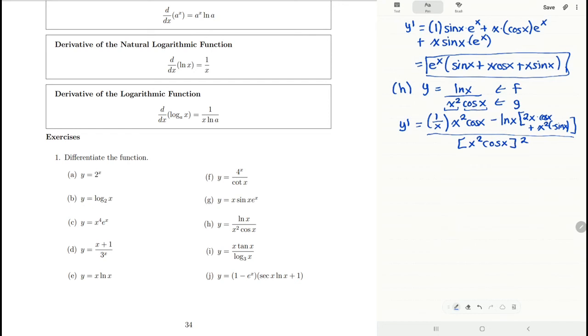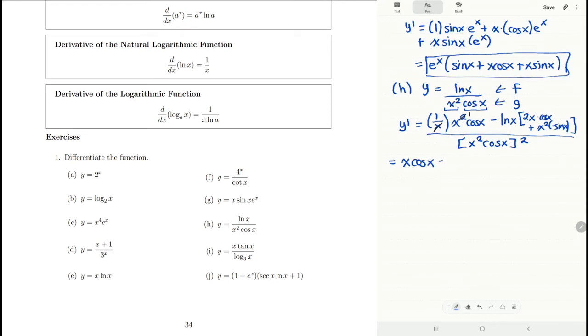Okay, so now let's simplify. So we have 1 over x times x squared. We can simplify this to an x in the numerator. And so we're left with x times cosine of x minus